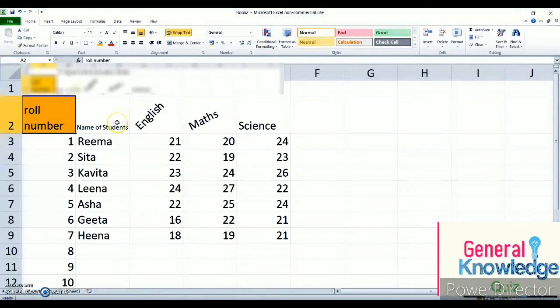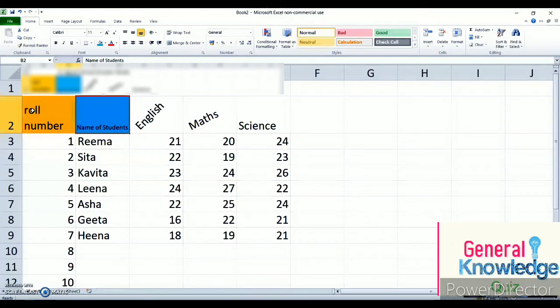That way. Or the other option, without using the mouse, you select the cell in which you want to change the color, and you press the Alt key and H, H keys from the keyboard. That theme color automatically appears here and you can select the color which you want to fill in that particular box. This way you can change the color of the cells.